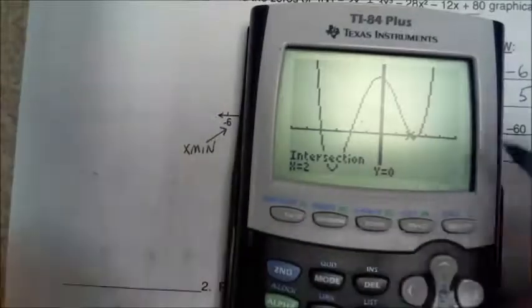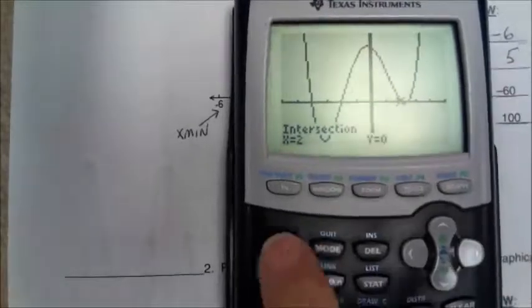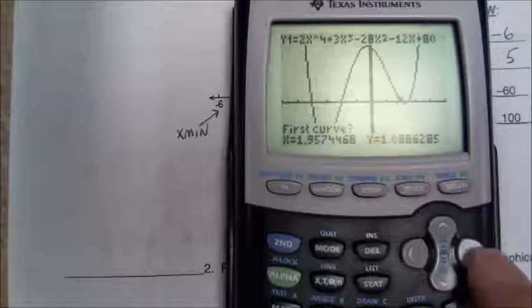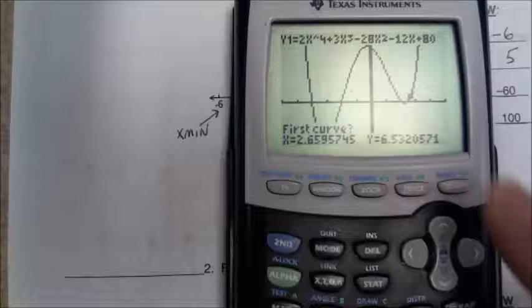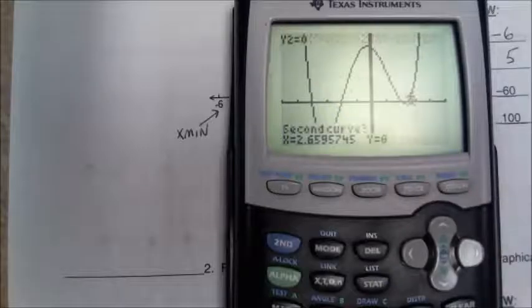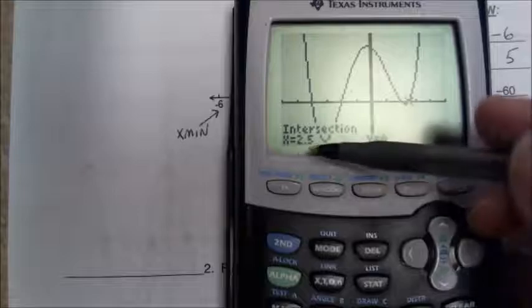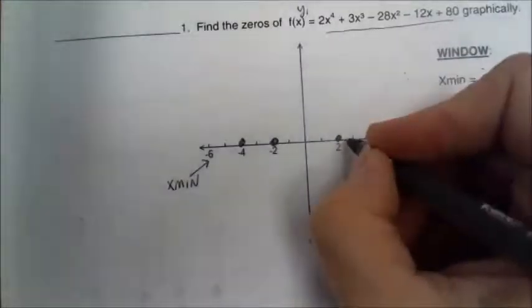And then there's another one over to the right just a little bit. So we're going to go through the same process again. Second, calc, intersect, option 5. And then we're going to go over to this side of the x-axis and hit enter 1, 2, 3 times. And so this intersection is at 2.5. So over here at 2.5, I'm going to put another